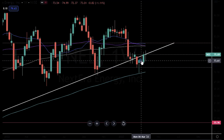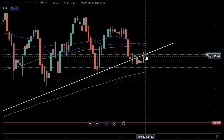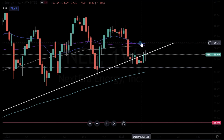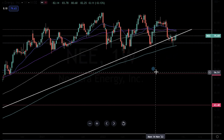And you're struggling. You've been struggling now for 1 week, rejected. 2 week close above. 3 week pierce, but rejected back under. So lots of selling still occurring in this chart. And let me be clear, once these moving averages start to slope down even more, it's likely going to push